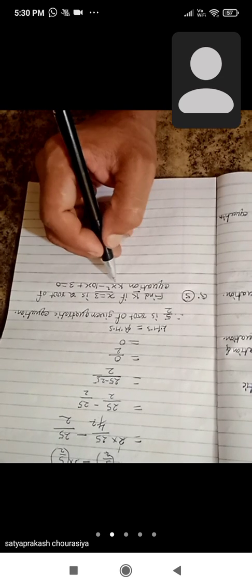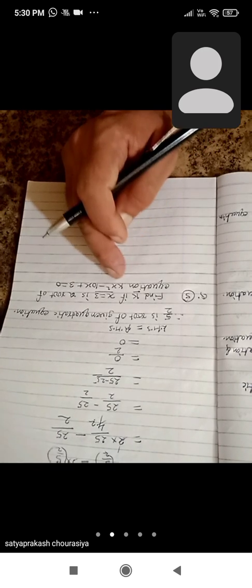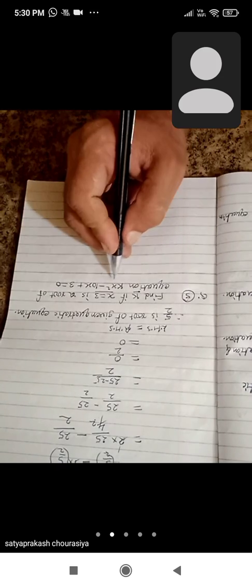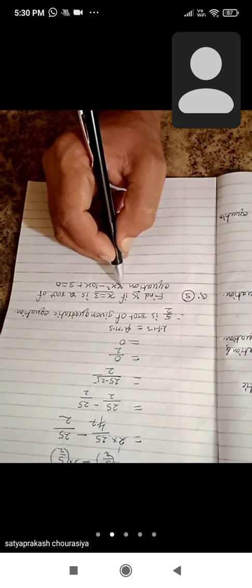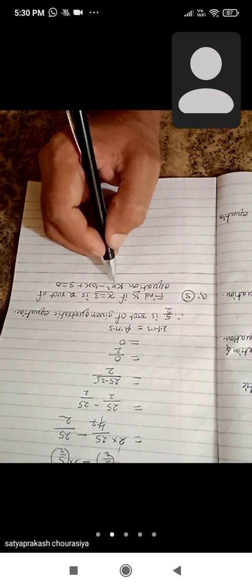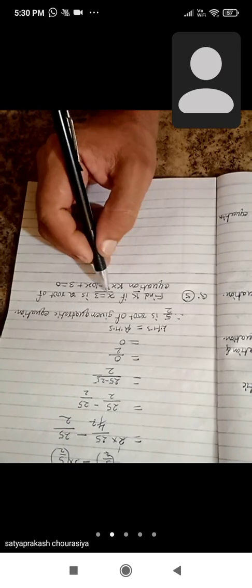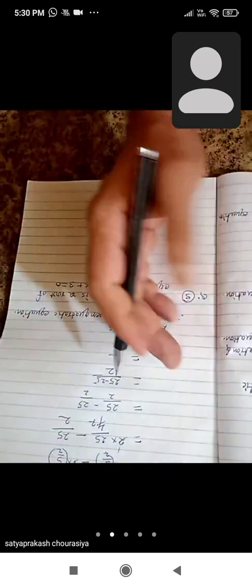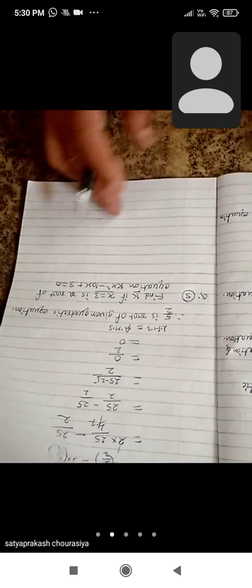Now see, k is the coefficient of x square, the first term. This is the coefficient of x square. So we have to find out the value of k, in kx square minus 10x plus 3 is equal to 0. Okay, now here it is given that x is equal to 3 is one of the roots. Now here we have seen which number is its root or which is not a root. So let's substitute here the value of x is equal to 3 in the given equation.